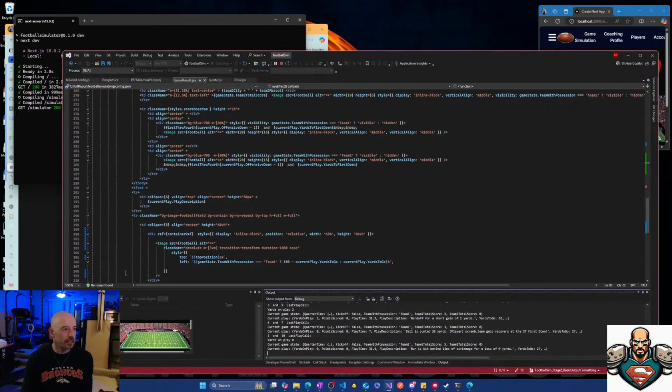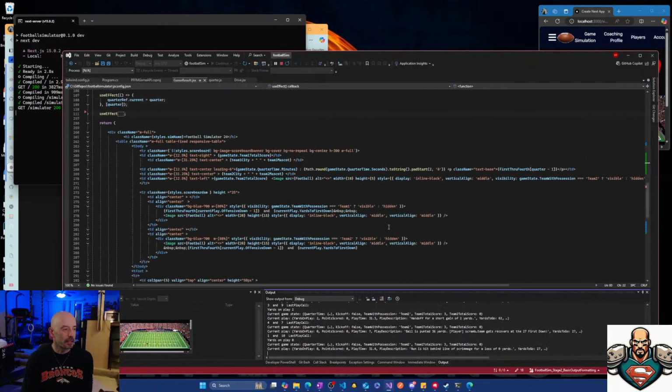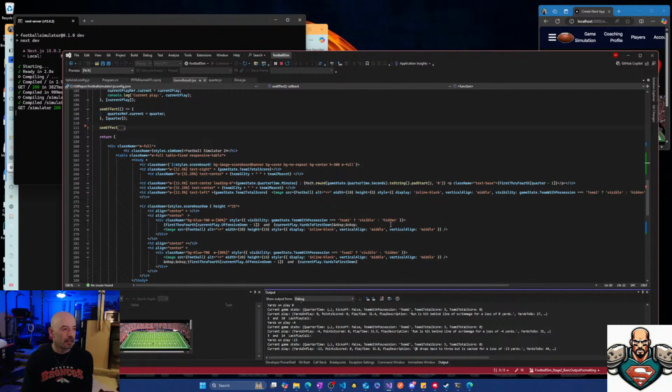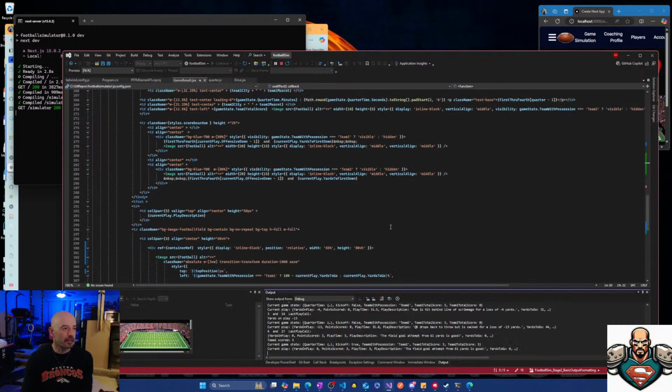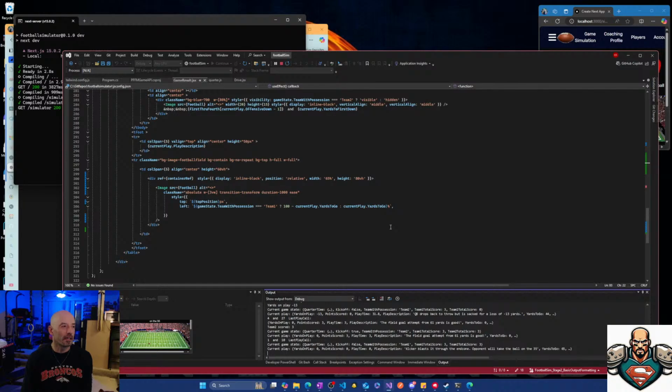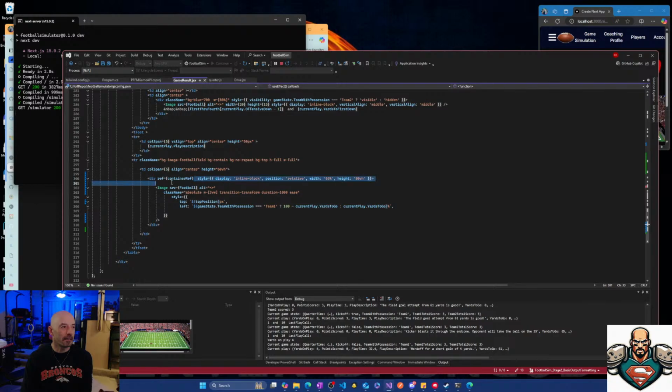Because if that's the container ref, that's going to be the resize. But it's the wrong thing. I think it's comparing to the wrong item. I need it to be in relation to the size of the image, which is not the div. The image I need to be comparing to,